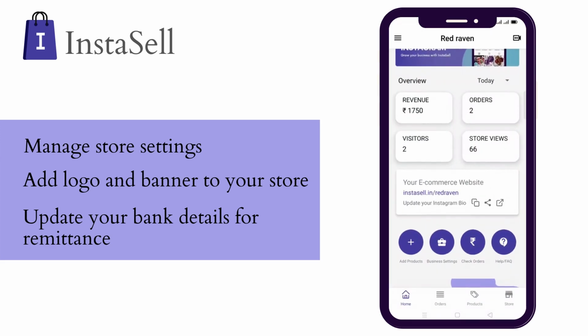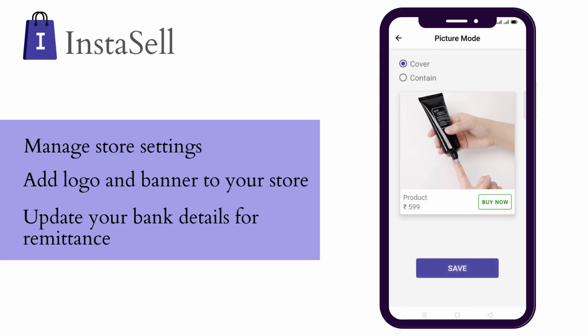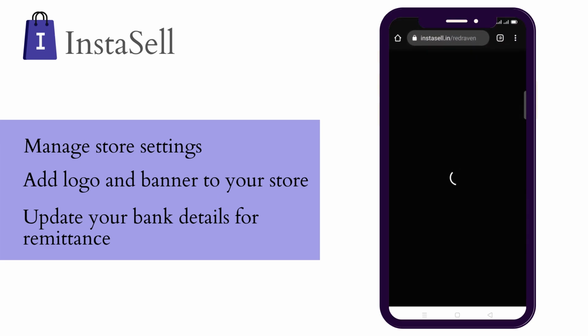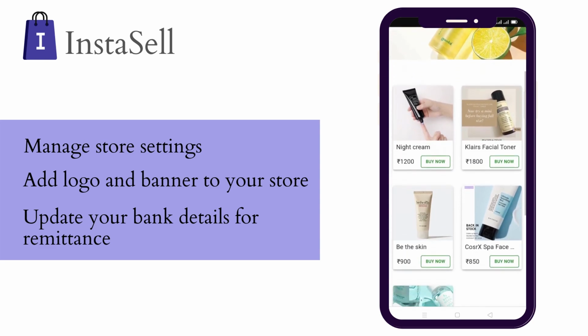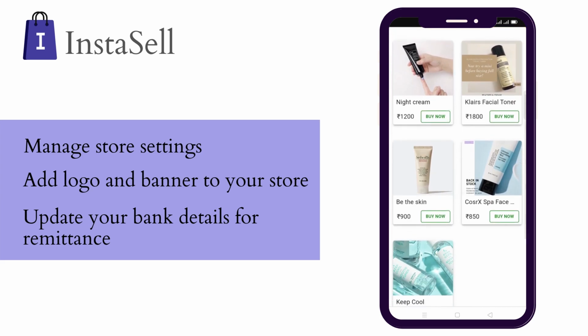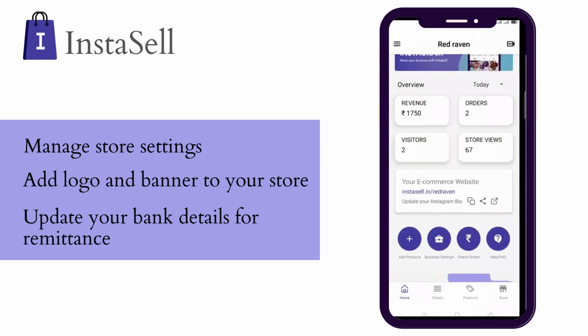So let's say we go back and change it back to the earlier one and save it and check it. So as you can see, it would be a smaller image now. So it is now a compressed image, which looks good for these kind of products. It may not look good for all types of products. So this is what we are going to use for skincare products.